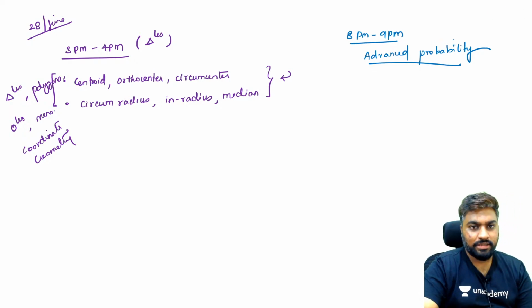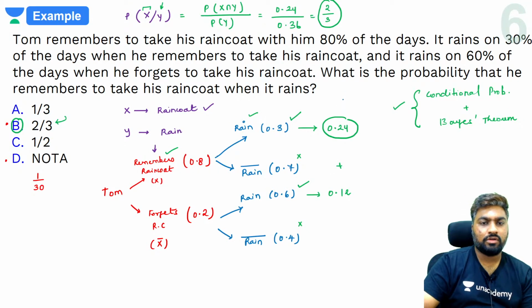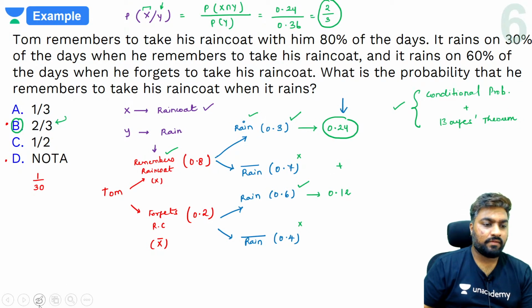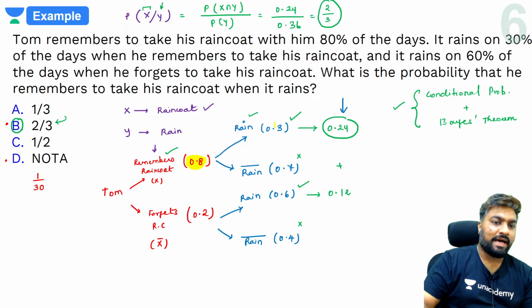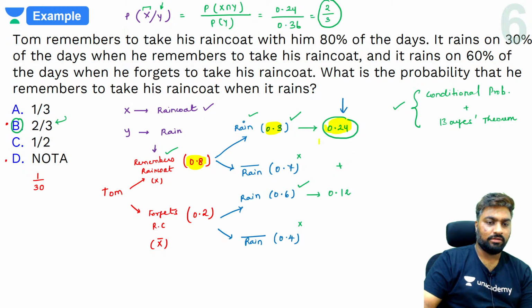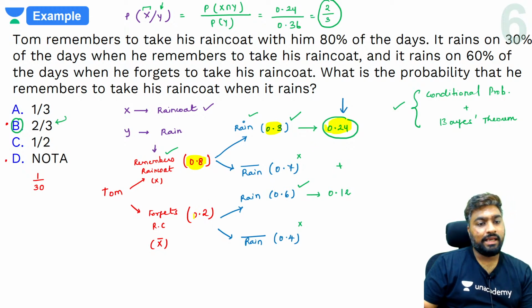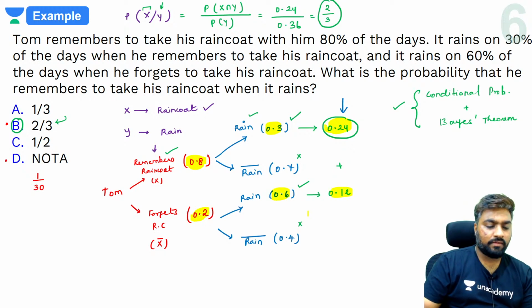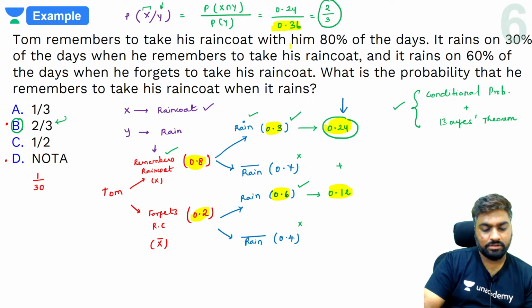How did I get 0.36 and 0.24? 0.24 तो ऐसे आया. Yes, 0.24 क्या है? 0.24 is रेनकोट लेके जाता है और बारिश आती है. Yes, रेनकोट लेके जाता है और बारिश आती है, that is 0.24. रेनकोट नहीं लेके जाता है और बारिश आती है is 0.12. Yes. टोटल प्रोबेबिलिटी ऑफ बारिश आती है क्या होगा? 0.24 प्लस 0.12 which is 0.36. समझ गए अभी स्नेहा? Yes,